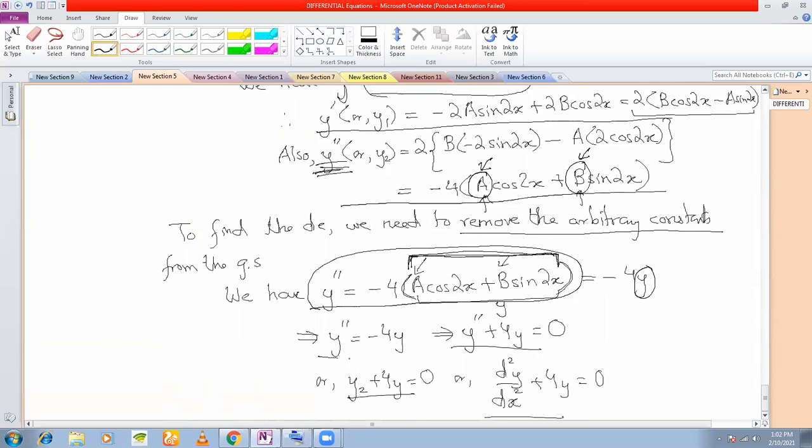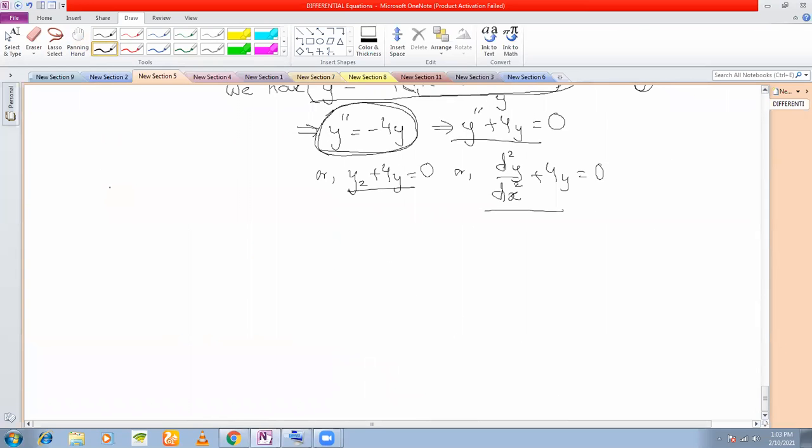So therefore I get y double dash is equal to 4y. So in one shot, I removed a and b both, and I got a relation between y double dashed and y dashed also. But y dash is not there, but then still y dash could have been there. Understood? The idea here is you have to remove the arbitrary constant. That is why, for the sake of better understanding, I'll give you another problem, which is of a little different type.